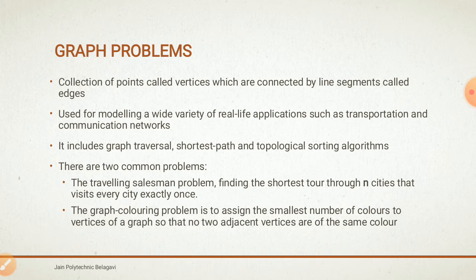Basically, there are two common problems of graph types. The first is the traveling salesman problem, which finds the shortest tour through n cities that visits every city exactly once. The second one, the graph coloring problem, is to assign the smallest number of colors to vertices of a graph so that no two adjacent vertices are of the same color,